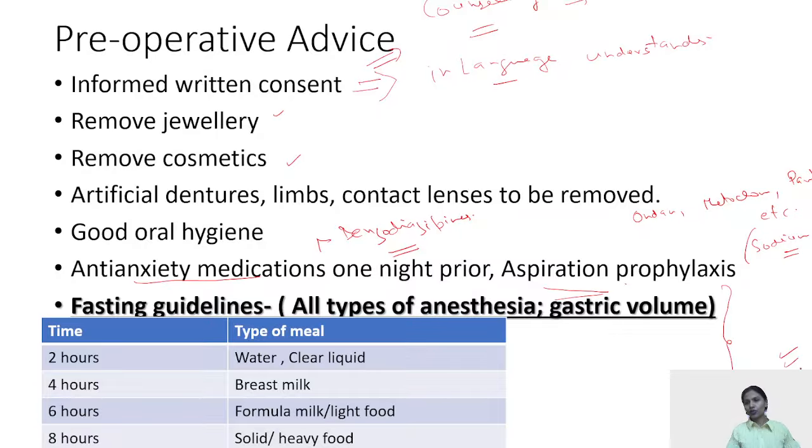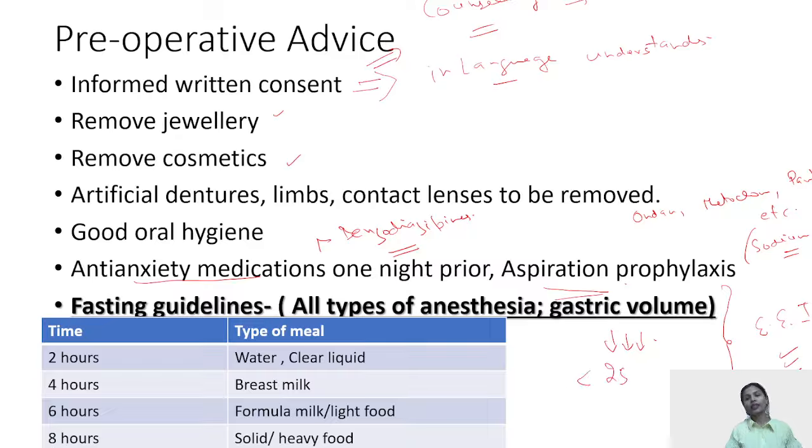This is extremely important. These are your fasting guidelines. Fasting guidelines, why were they made? They were made to decrease the chances of aspiration, because the recommended gastric volume, double star, the recommended gastric volume